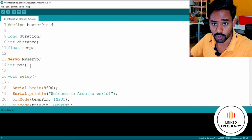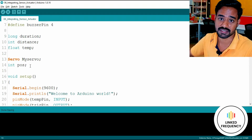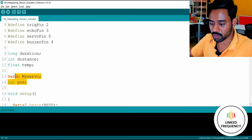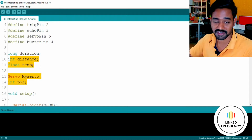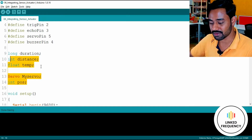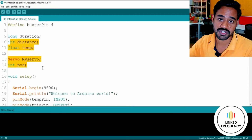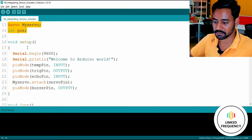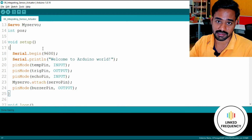Thereafter, we have one more global variable, which holds the position of the servo motor head, or shaft, you can say. These are a very important part of the entire program. Of course, everything is important, but these parts hold the data generated from the sensor or actuator. Thereafter we have the setup, where we execute only once the specific instructions